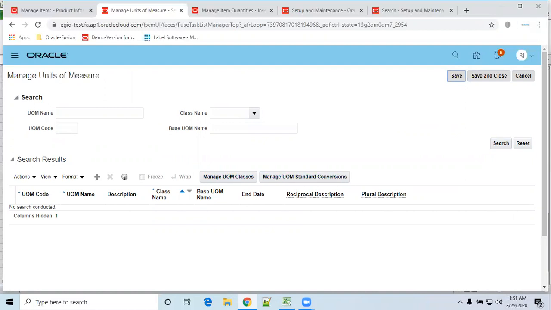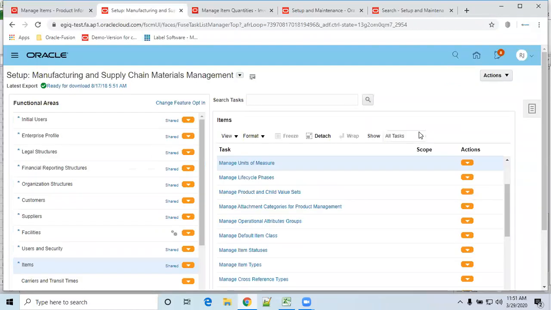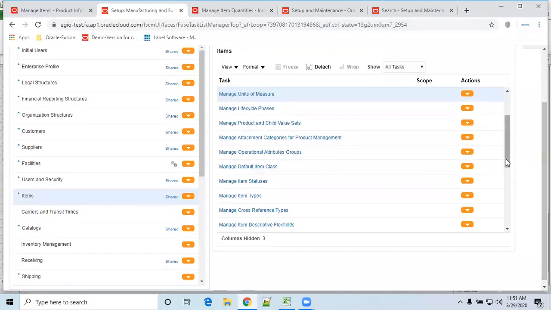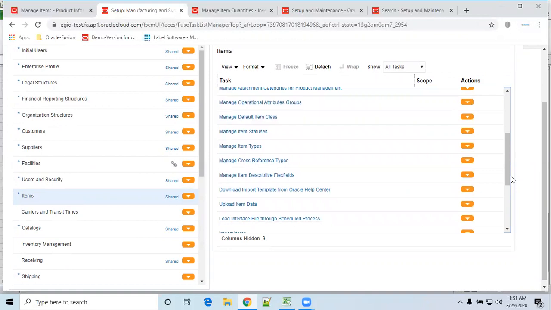Now what is the purpose of defining interclass and intraclass? Interclass and intraclass are always defined with respect to an item. Suppose one item is there. In one scenario, we consider the UOM as each.